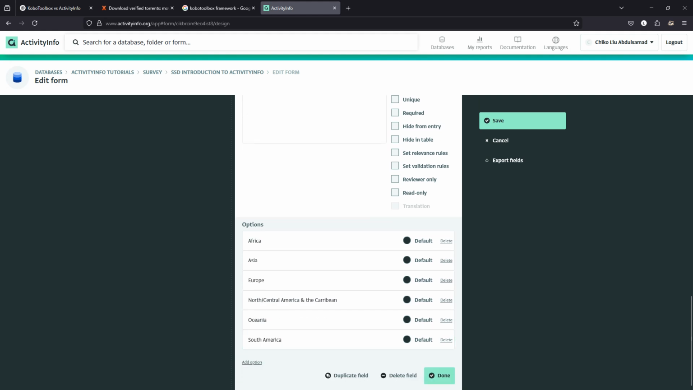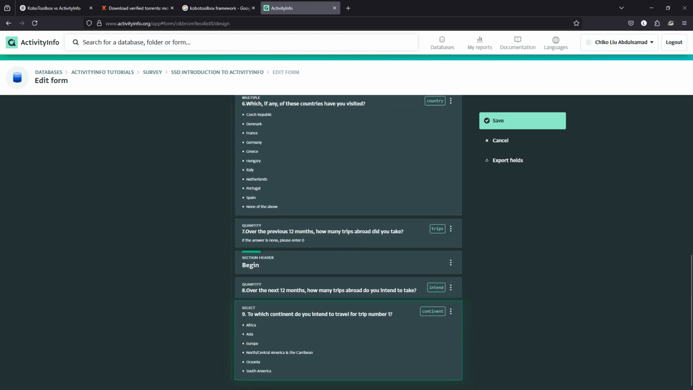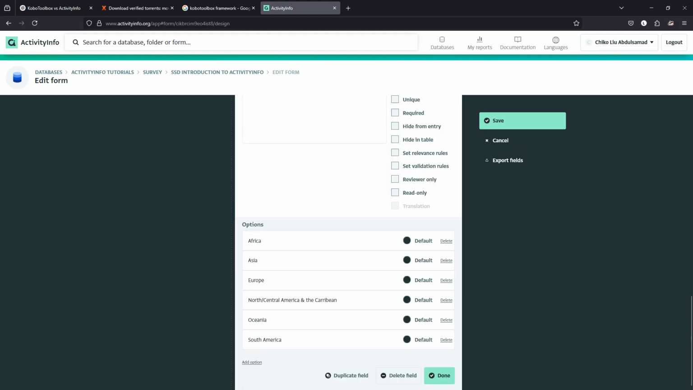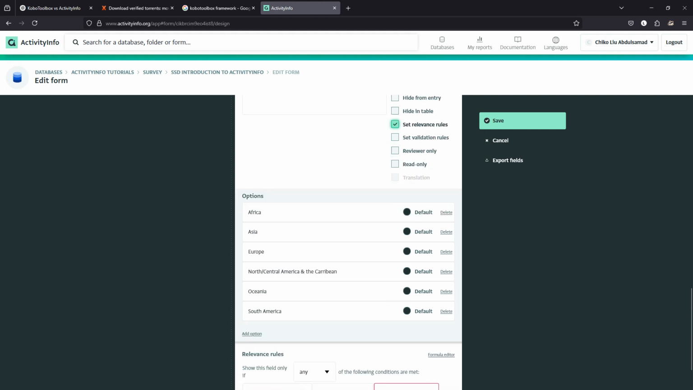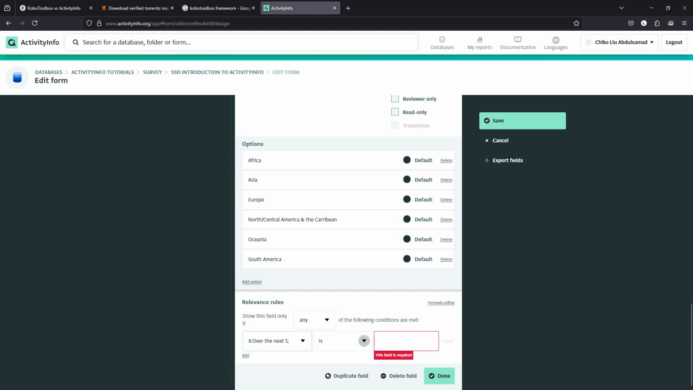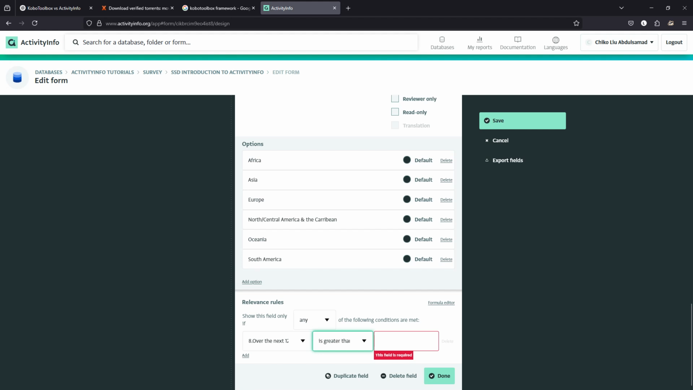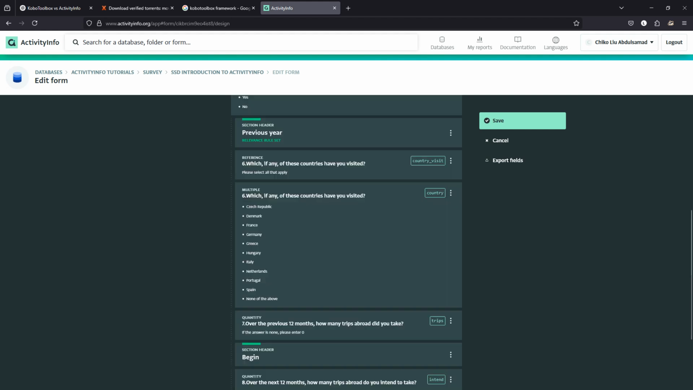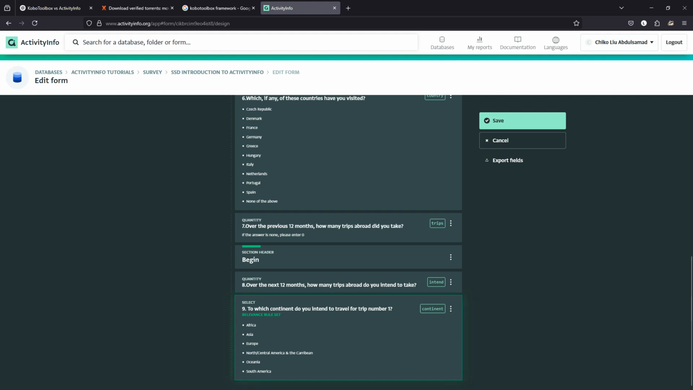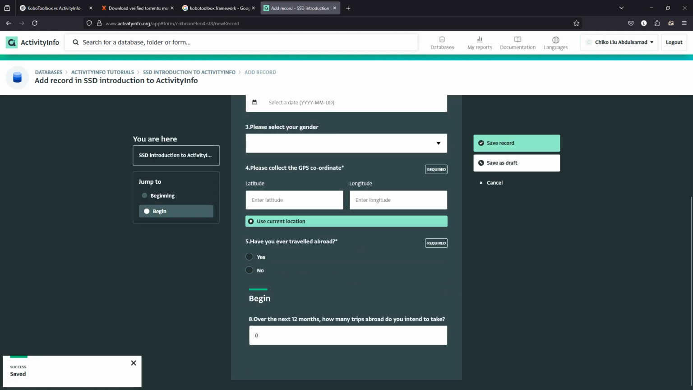So I'm just going to sort by, then I'm going to make this dependent on this, so I'll add relevance, and I'll say if this is greater than 0, I'll just put that here. So now let me show you what it does. I'll click on save, I'll go to add form. Now if I click